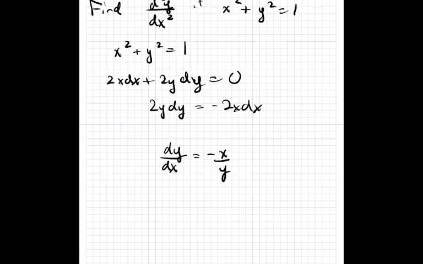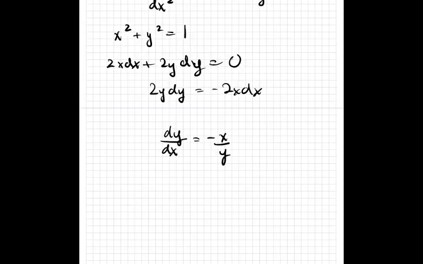Well, just for the sake of simplicity, since we already have dy by dx by itself, this is already y prime, I'm going to do the following. So the second derivative of y with respect to x. So now we just use the quotient rule. The bottom times the derivative of the top. So low d high minus high d low over low low. So the bottom times the derivative of the top, the derivative of,